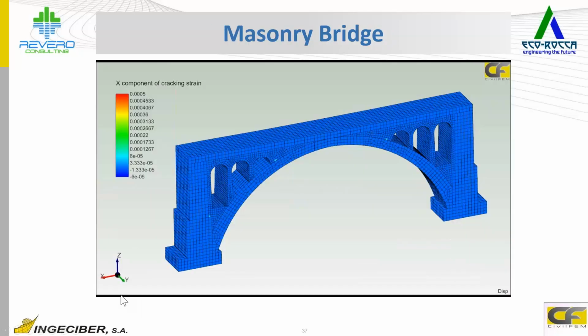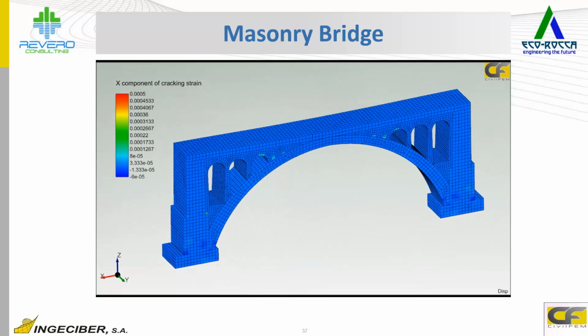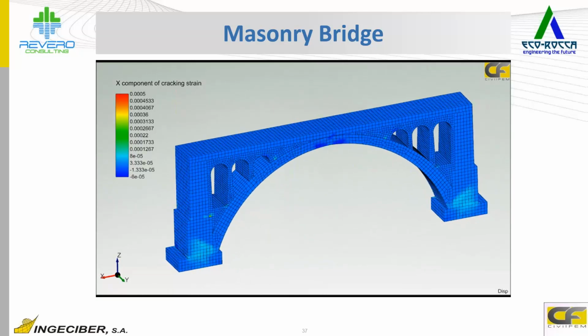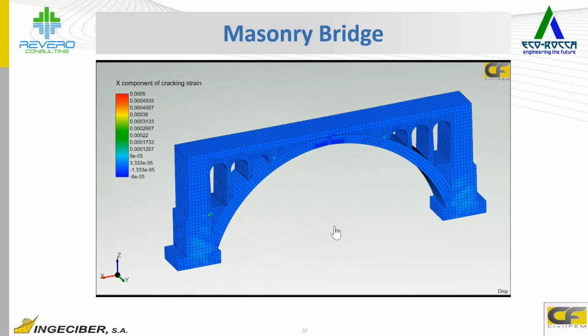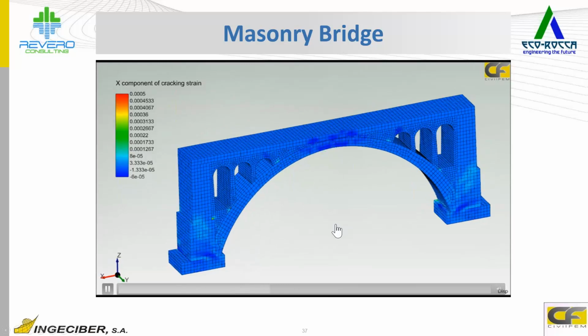And here we have another bridge. It's a masonry bridge, and it is subjected to an earthquake too, and we monitor the cracking strain in this case.